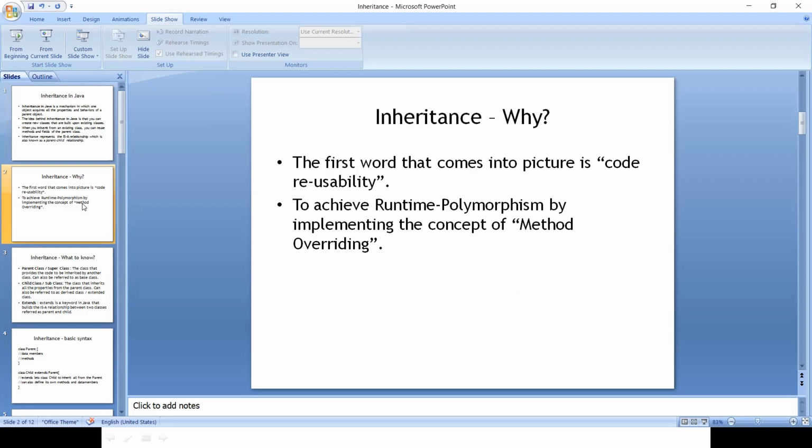We all know, right? Polymorphism can be achieved in two ways: overloading and overriding. Overloading is said to be compile-time polymorphism, and overriding is called runtime polymorphism. So using inheritance, we can achieve runtime polymorphism, that is, method overriding.